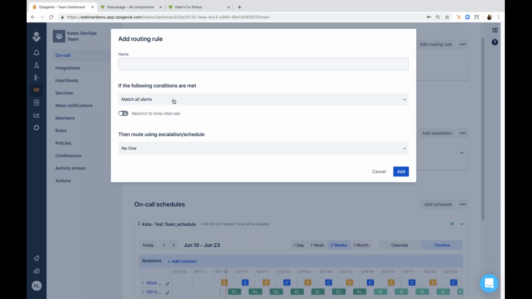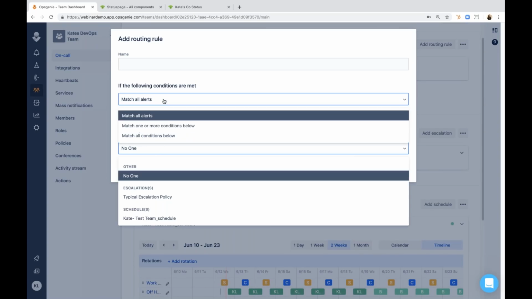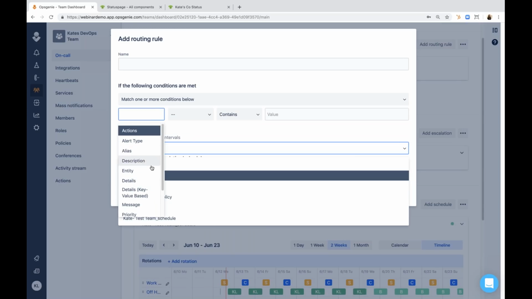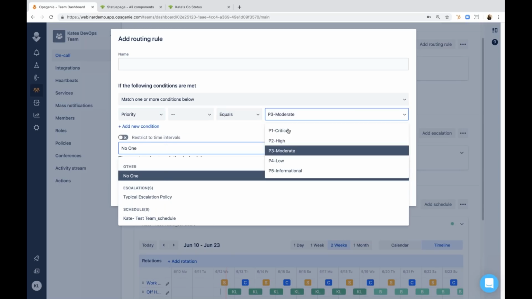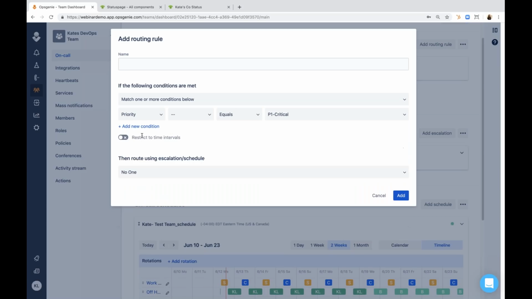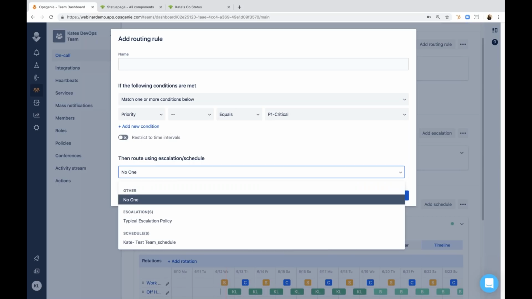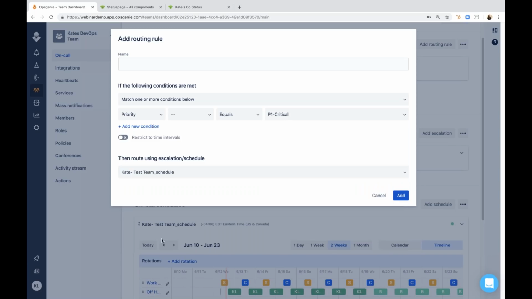The other thing is perhaps you have someone on your team who is always handling P1s. You have a specialized person doing that, or you want to make sure that they are kept in the loop on those P1s. If it's a P1, then route that to Kate's test team, or you can route that to, now the